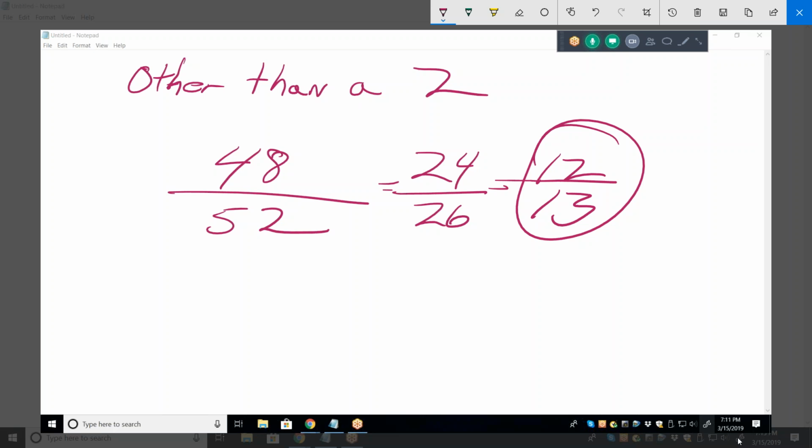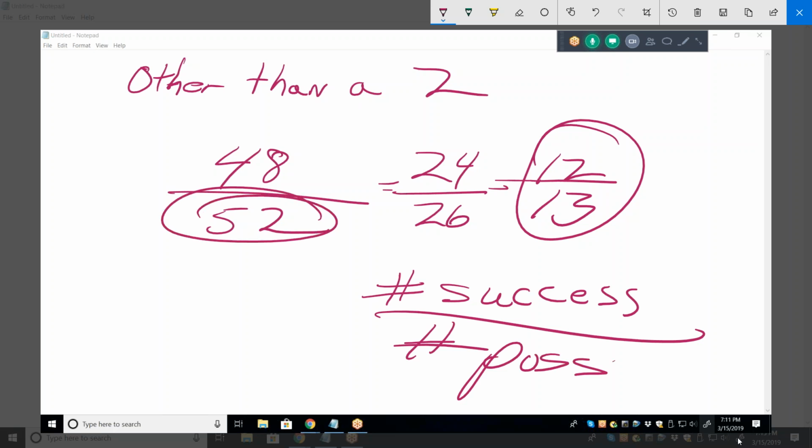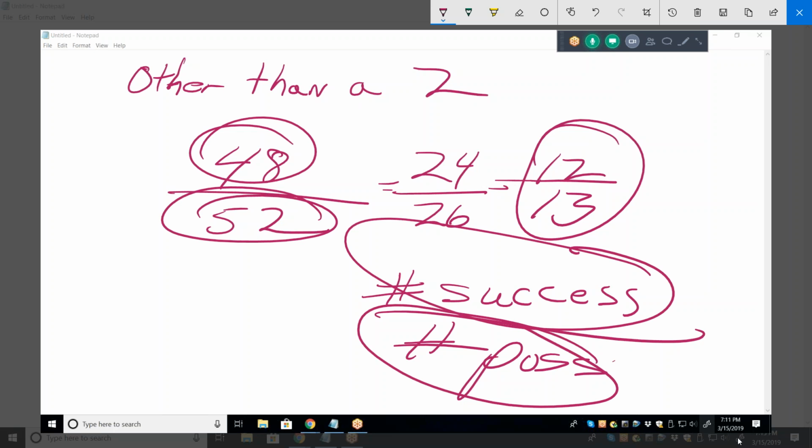Yeah, usually you leave it as a fraction. Well, it depends. Not always. But probability is defined as a fraction. It's the number of successes over the number of possibilities. There were 52 cards in the deck, and 48 of them were not 2s. So it's the number of successes divided by the number of possibilities. That's usually a ratio. So we tend to leave it as that,